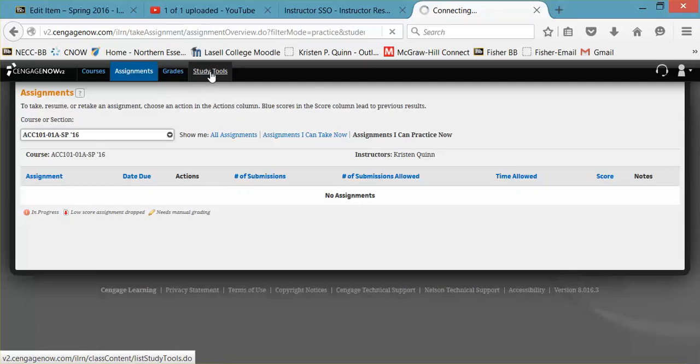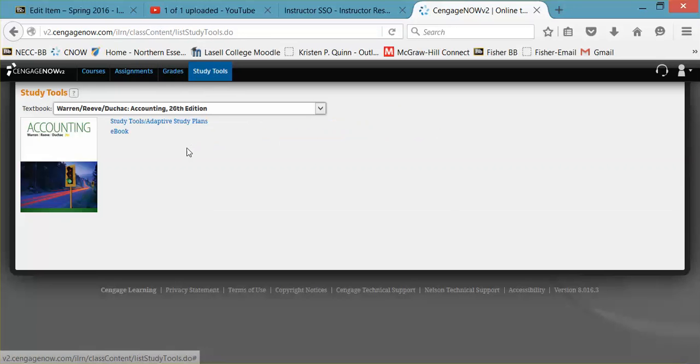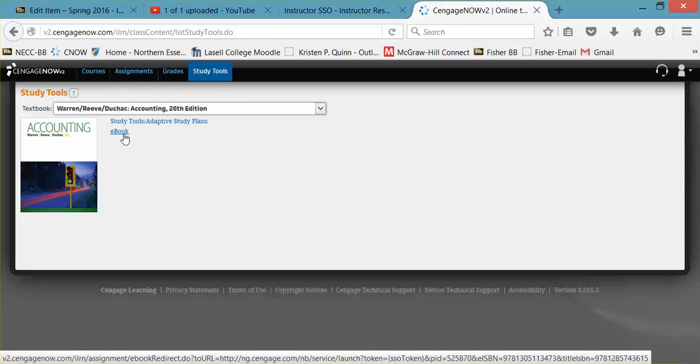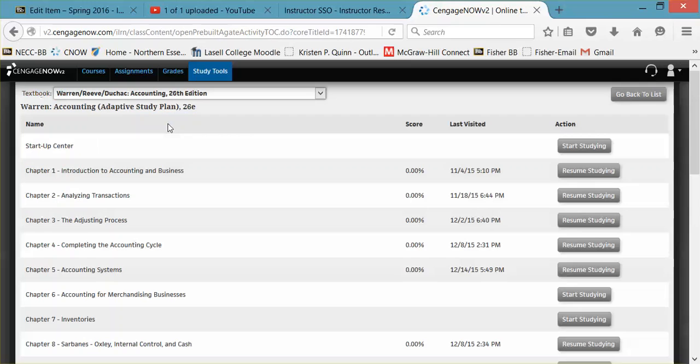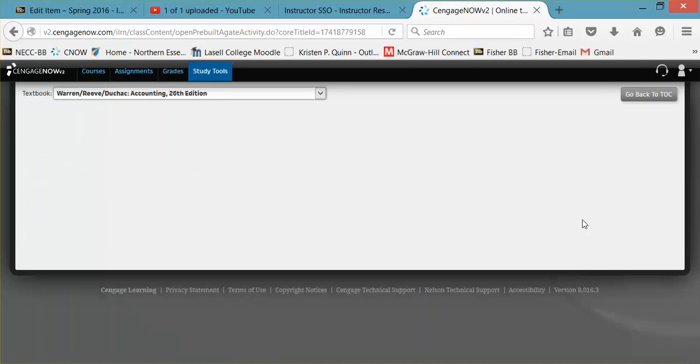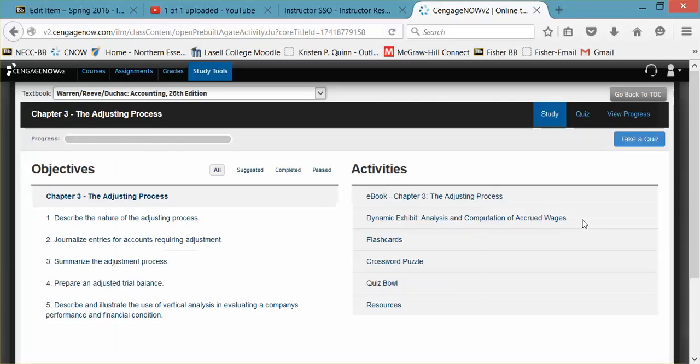You also have a Study Tools tab. And the Study Tools, this is where you can access the full ebook and the study tools and what we call an adaptive study plan. So when we click on this, you can select to do any of the study tools. So we'll click on a certain chapter. And when you open this, it's going to give you some chapter-wide activities, things like the ebook, there's flashcards,